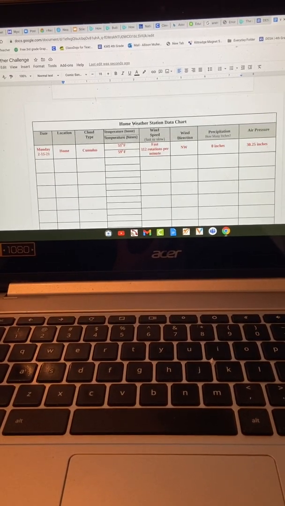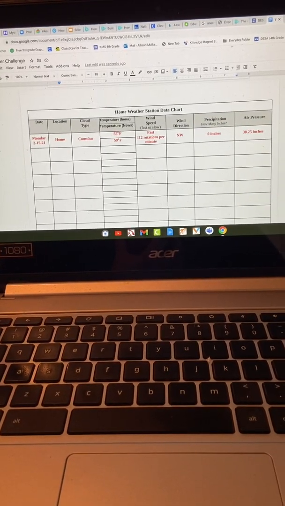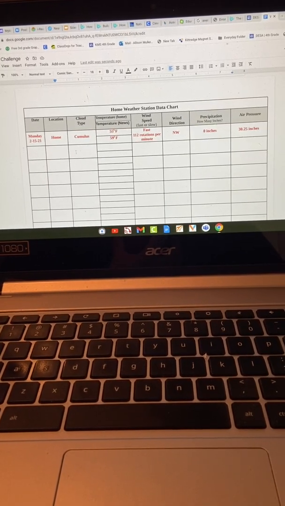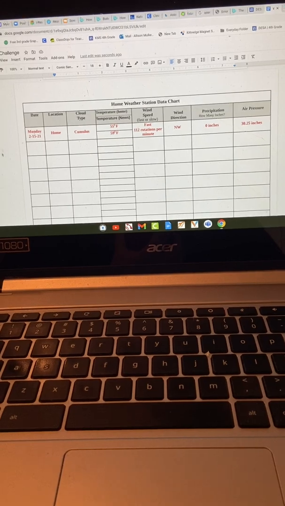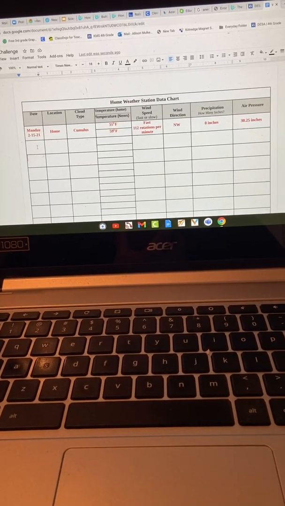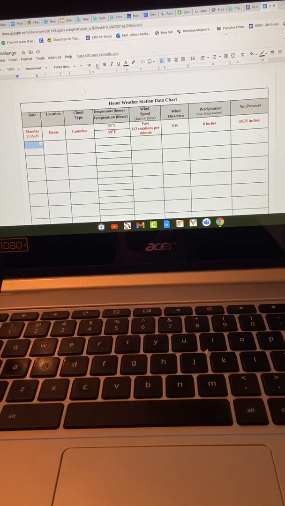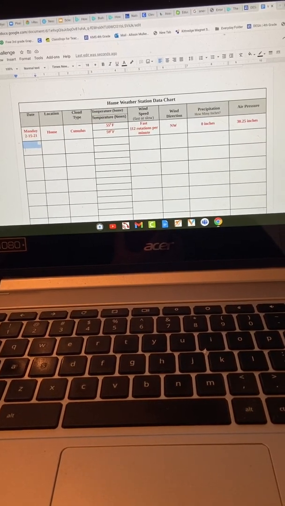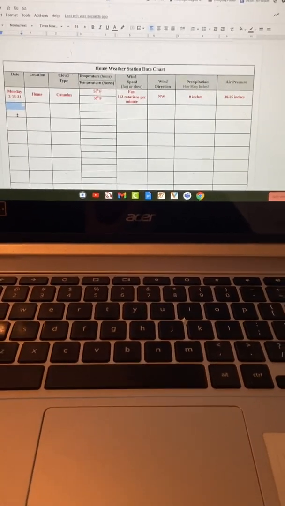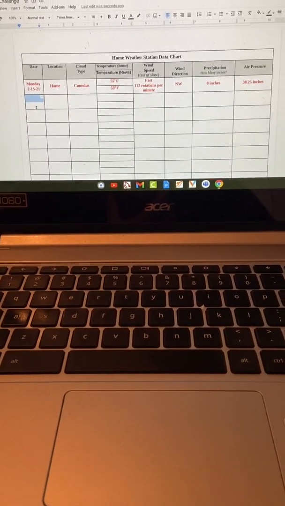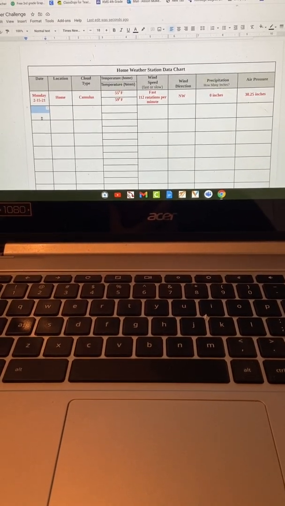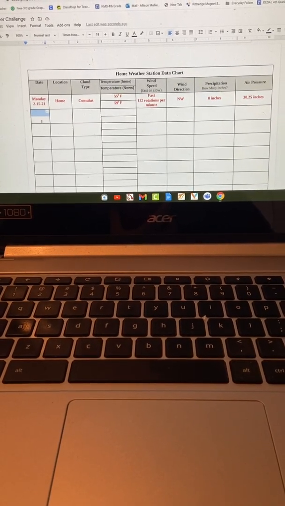So we're going to scroll down, and you can see our very first chart is our home weather station data chart. This is where I'm going to use those notes I took today to fill in my chart. Just a point of reference, when you click on these squares, the font is pretty small, and if you go ahead and change it to like 18, it'll make it bigger. Now, your starting date is going to depend on when you have science. For example, Mr. Russell's homeroom has science Monday. So your first day is going to be